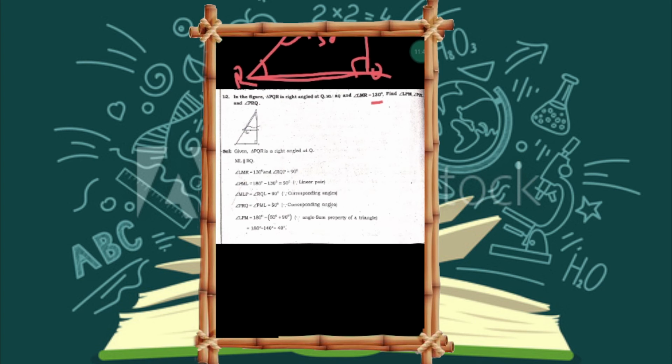See here in the solution, given triangle PQR is a right angle at Q. Already we know one angle Q is equal to 90 degrees. ML parallel to RQ, and angle LMR is equal to 130 degrees. But what is this angle children? LMP, PML is equal